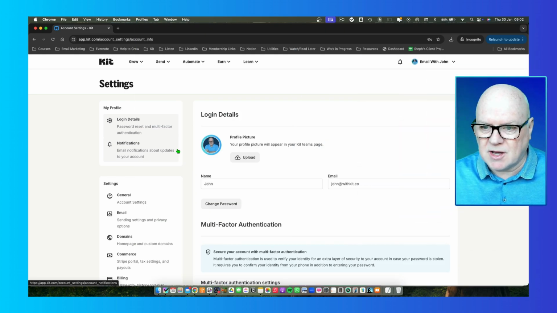have an account set up in Kit, you need to make sure it's configured properly so that you have as successful an email marketing system as you can have. So these are all basic settings, nothing difficult in here. If you navigate to the top right corner,